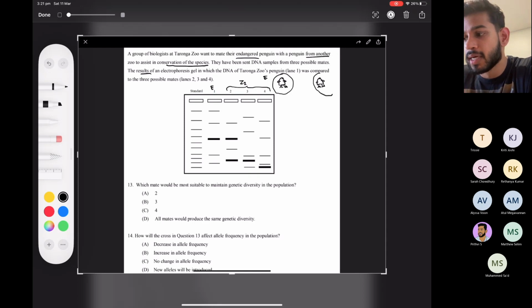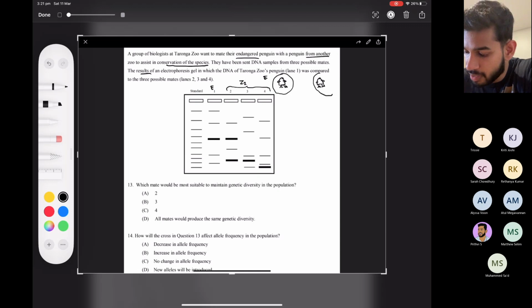If you're trying to mate 2 organisms to increase genetic diversity or maintain genetic diversity, you want them to be as different from one another as possible. So you want to pick the organism which has the least bands lining up with organism 1. And Matthew, which organism would that be? I would say 2, but